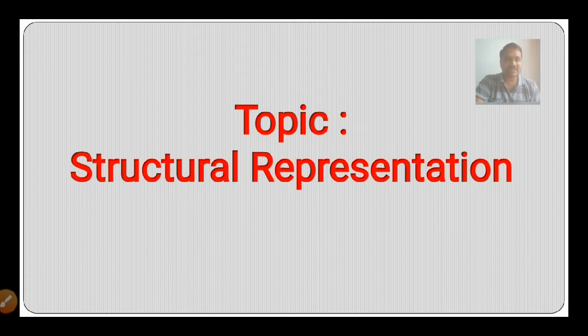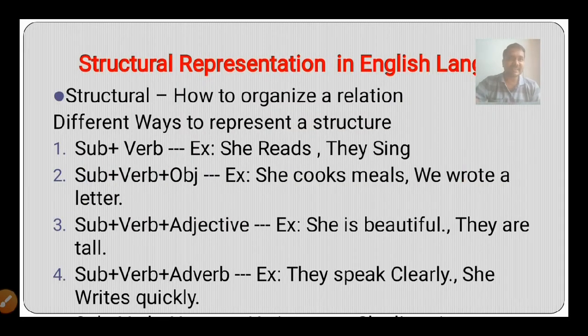So coming to the structural representation, as we discussed in previous classes, for the English language alphabets and words, you can represent them in the form of a language, and you are going to be creating sentences from the representation. Now coming to the structural representation, what will the structure be like? Every language will have its own structure.